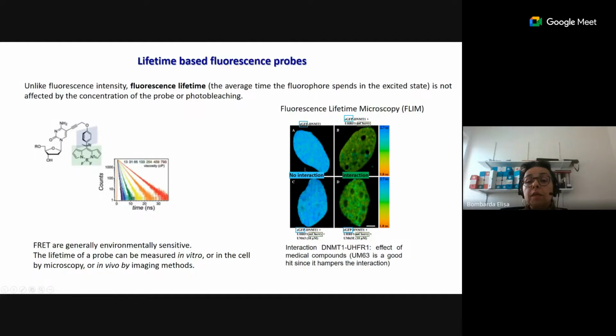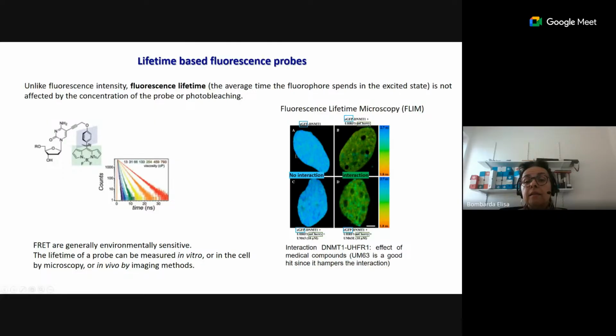And so how does it work? Here, for example, you have two molecules that are labeled with a fluorescent protein, EGFP for one and mCherry for the other. So FRET occurs with these two fluorescent proteins. We excite EGFP, and if FRET occurs, we will see the fluorescence from mCherry. So we excite EGFP, and in principle we should see green, which corresponds to the fluorescence of mCherry. And